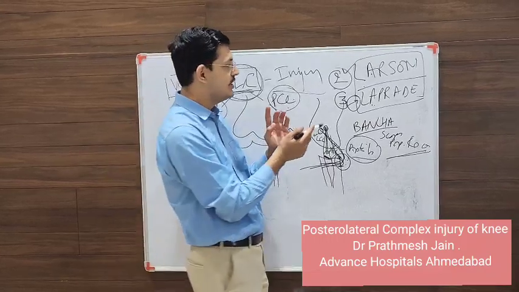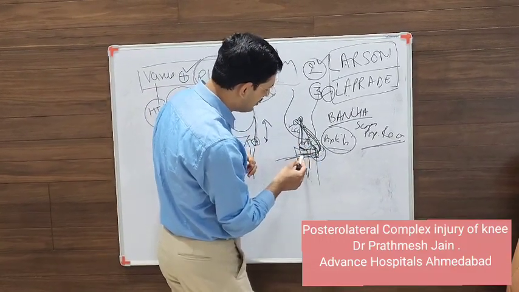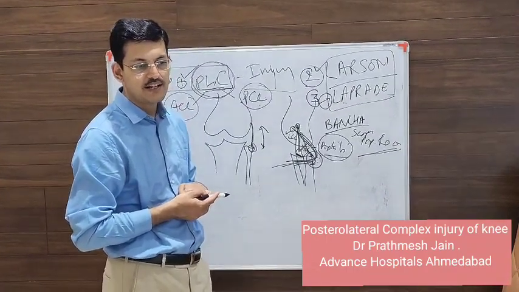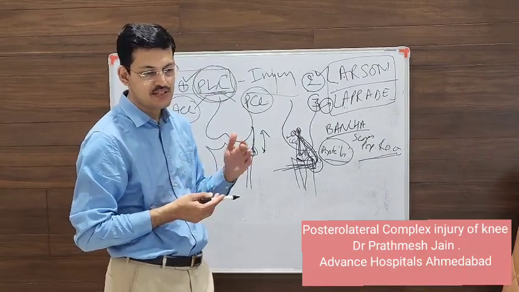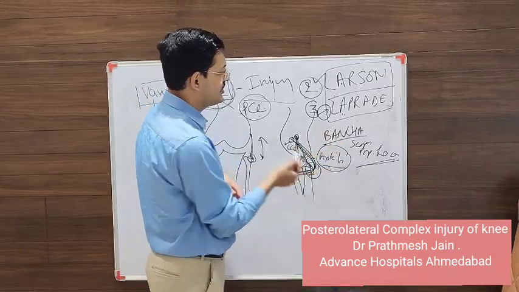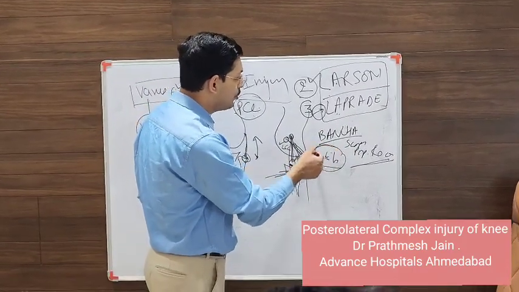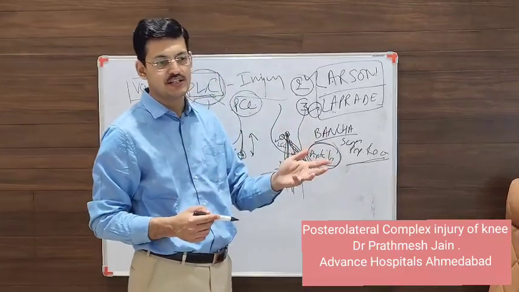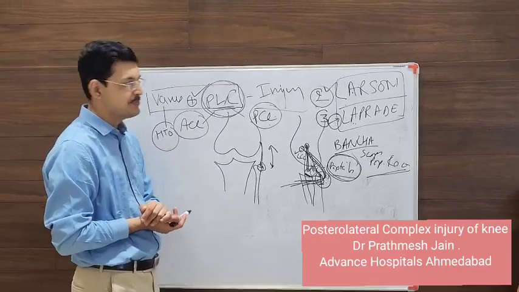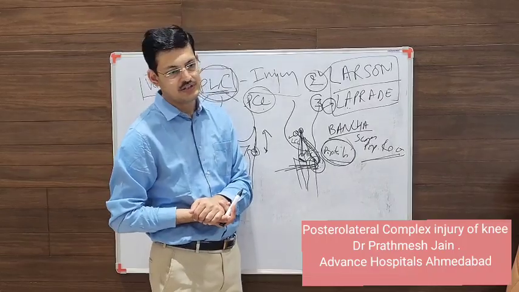So in this procedure, he uses a graft and he goes from here and passes it into the tibia. It's a technically demanding procedure. It's just like doing a PCL. So you go from the posterior approach of the knee and you make a popliteus reconstruction. So this is for a patient who has specifically only a popliteus injury, so only increased rotation without an opening on the lateral side. So in this patient, you can do an arthroscopic popliteus reconstruction.